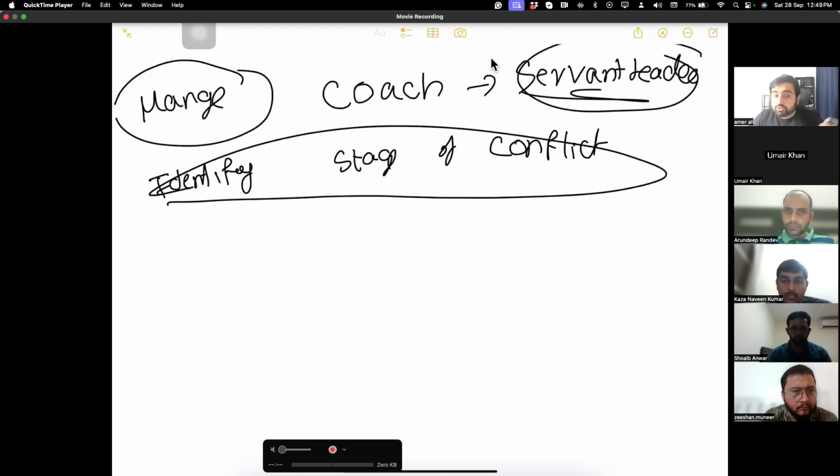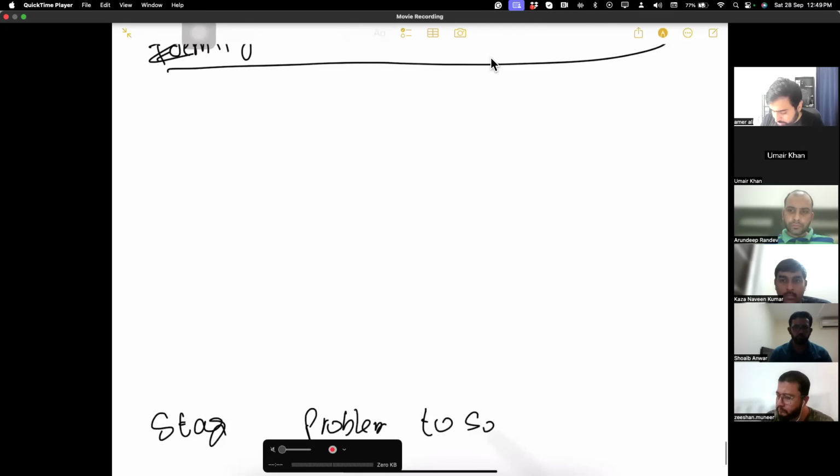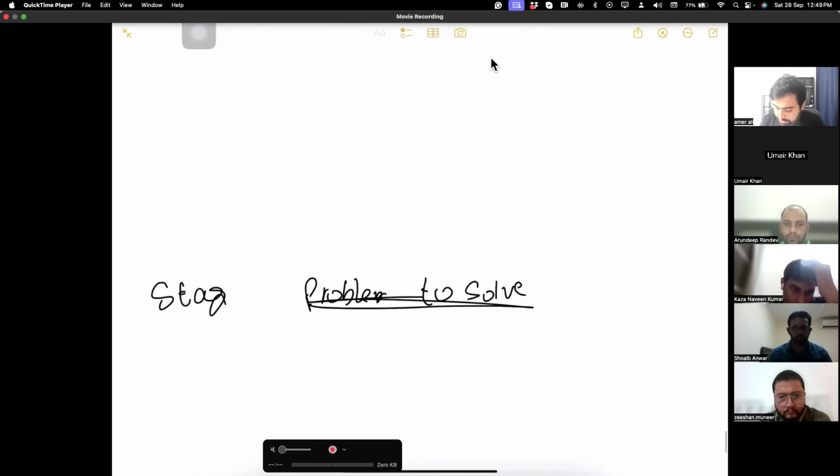Okay. So there are 5 stages of conflict. Stage one is problem to solve. Here, the team is discussing, the language is open, they are trying to solve a problem. The project manager does not interfere at this stage. He lets the team solve the conflict themselves. If it is not handled,